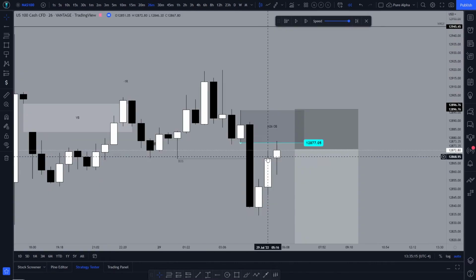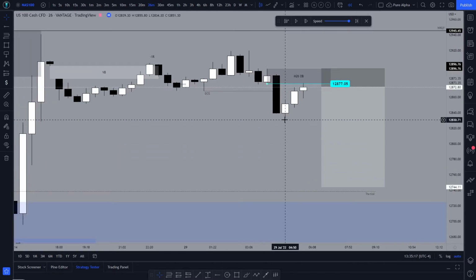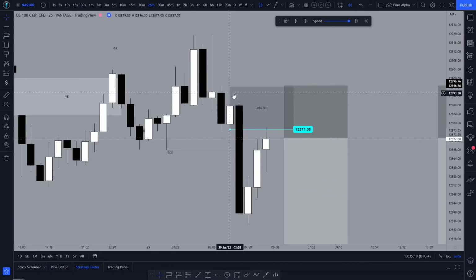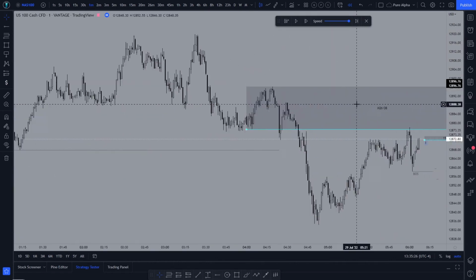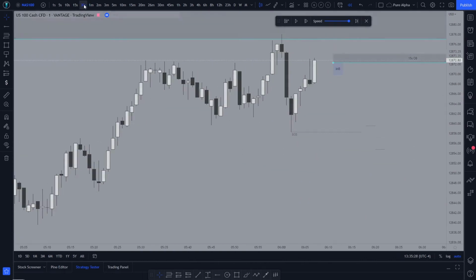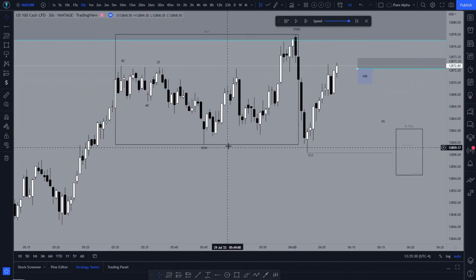So we noticed that we're starting to get a shift in overall market dynamic. And we have this nice little order block based on the 26 minute. Now, as price enters this order block, I like to look at my lower time frame to see if we're finding any potential Wyckoff or if there's anything going on.